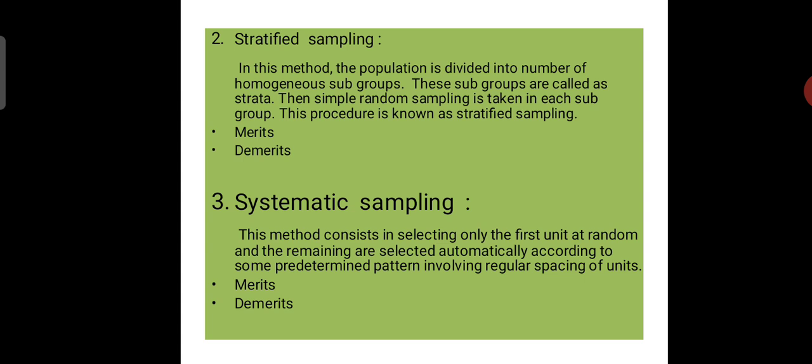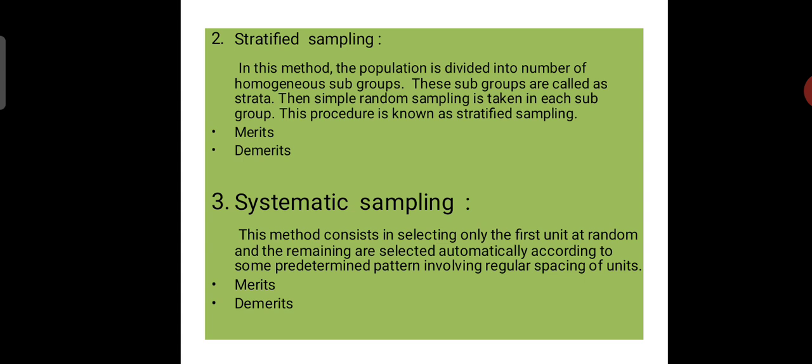What are the demerits of stratified sampling? Let us study the demerits. Number one, dividing the population into different strata or groups having homogeneous items is difficult. Second demerit is, it needs more time, money and manpower. Number three demerit is, if care is not taken to select the sample at random from each stratum, the results may not be true.